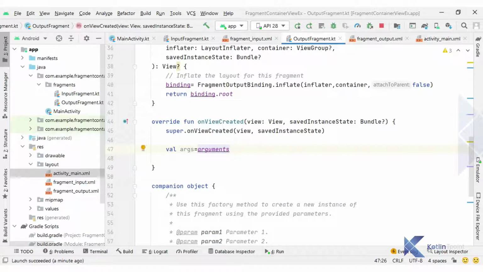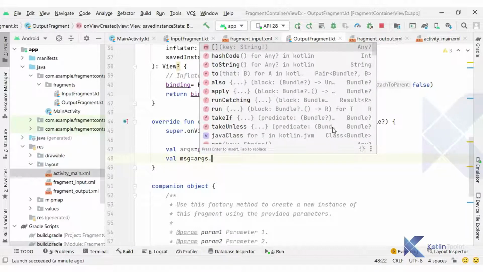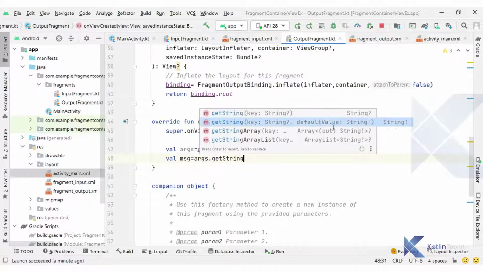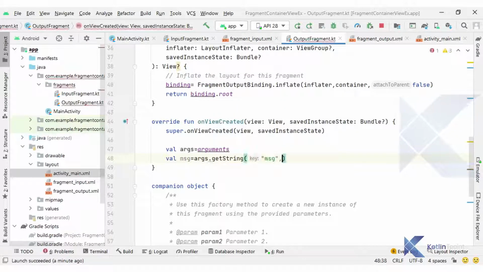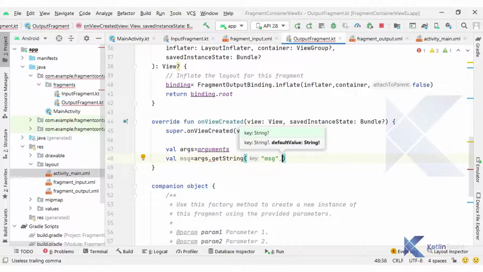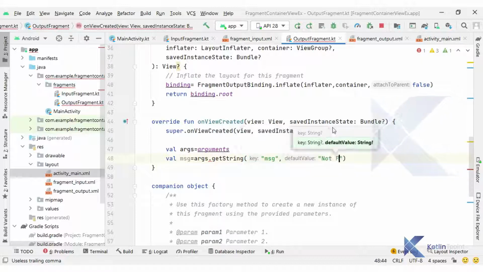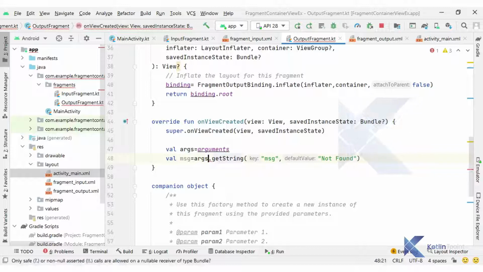It is the updated syntax: requireArguments, and from the arguments I can fetch the value of message. So message = args.getString, key comma default value. Our key will be message, and as the default value I can pass something like not found. Here it is suggesting null safety.